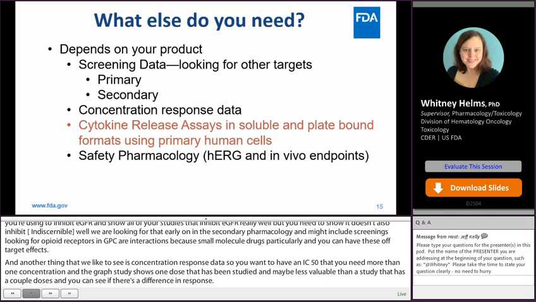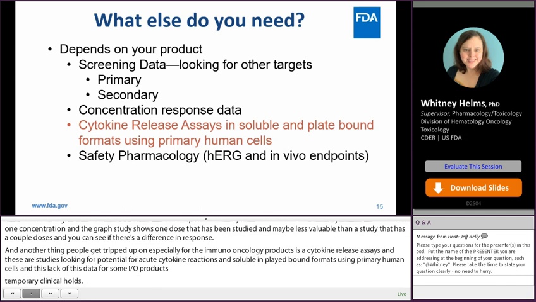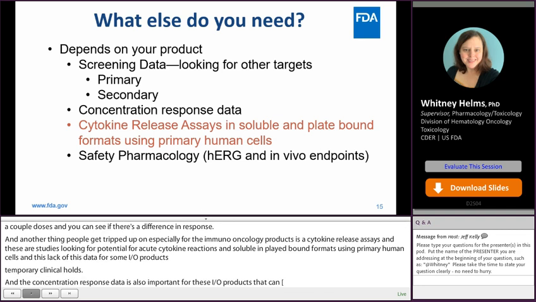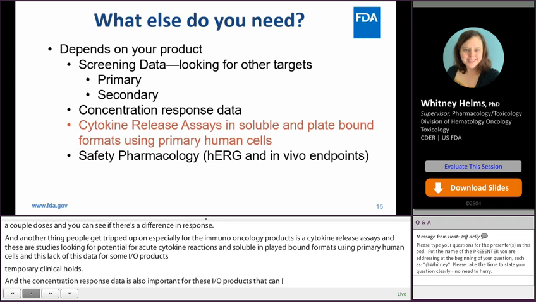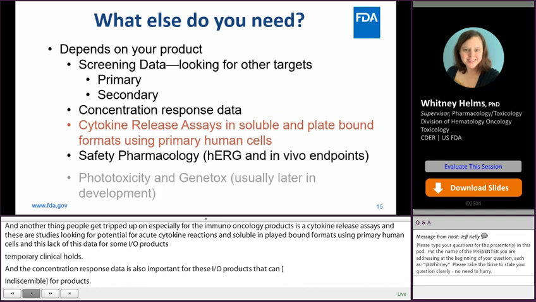And then the concentration response data is also important for these IO products, because it can really inform the starting dose, given that you have to use a MABEL for a lot of these products. And then the safety pharmacology, which we've discussed earlier. The in vivo endpoints are usually built into the tox studies, but the in vitro hERG assay may also be included. Later on in development, phototoxicity and gene tox are going to be two of your big things to consider,